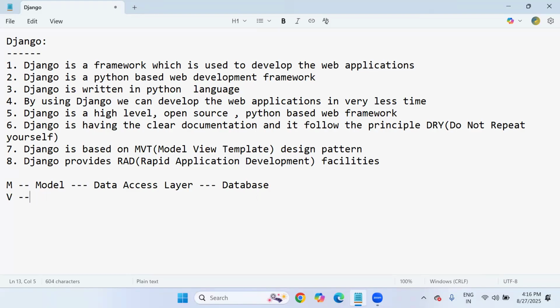View is nothing but the business access layer.